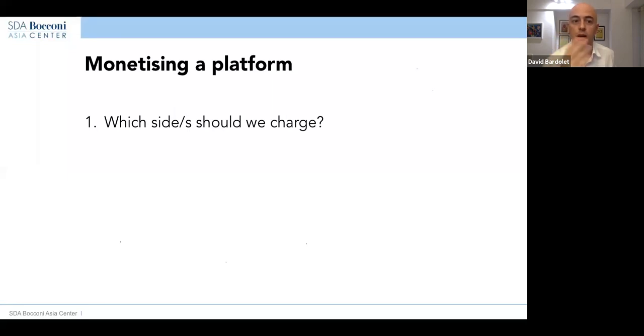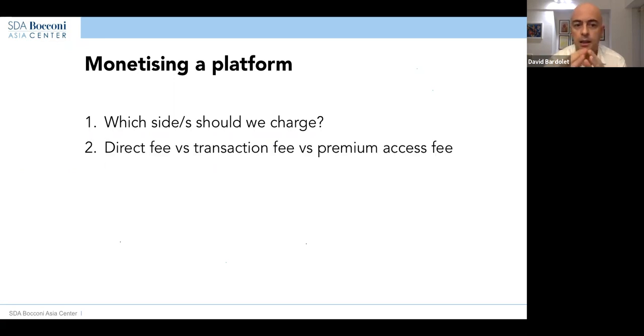If you go to Facebook, we are not paying. They are not charging us any fee. If you're not charging anybody anything, obviously it's a problem. How do you make money out of that platform? You might have millions of people, but you just don't make money. So you have to charge someone. Usually, whenever there is a platform with users and companies, you charge the companies because they have money and they're willing to pay to be in that platform. Advertisers, etc.